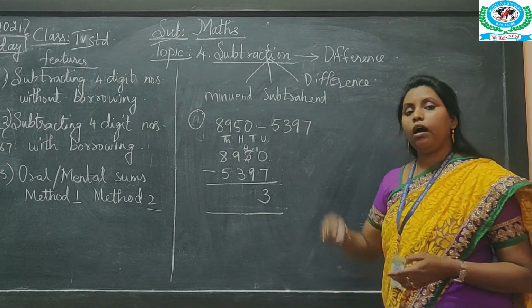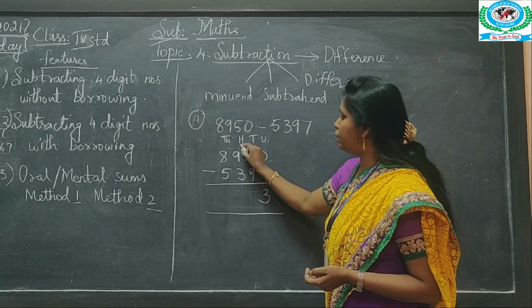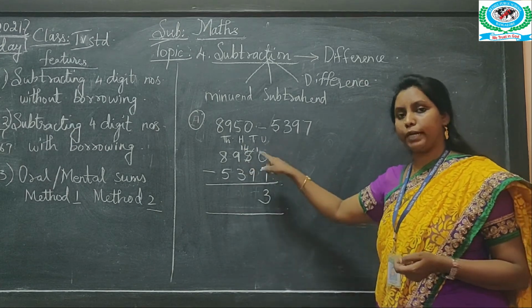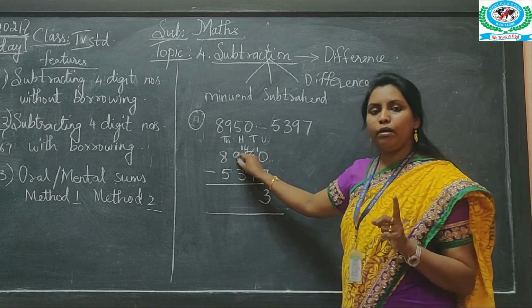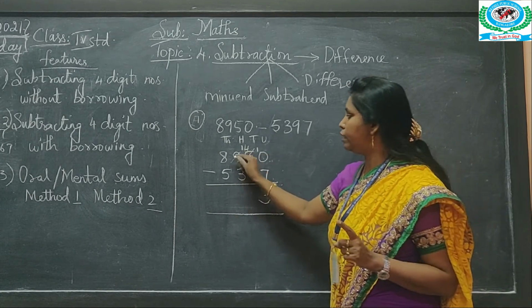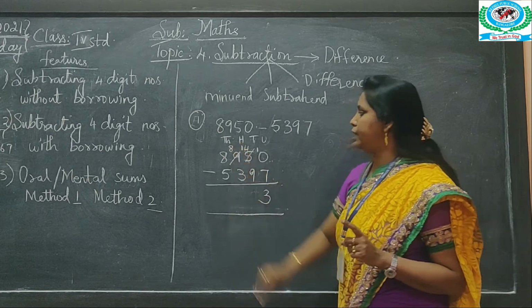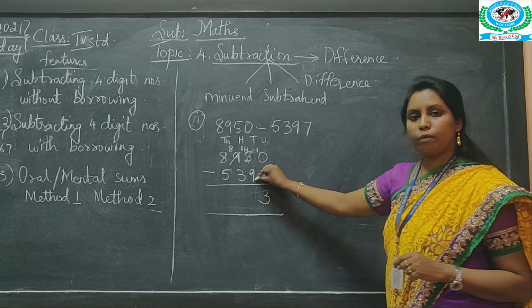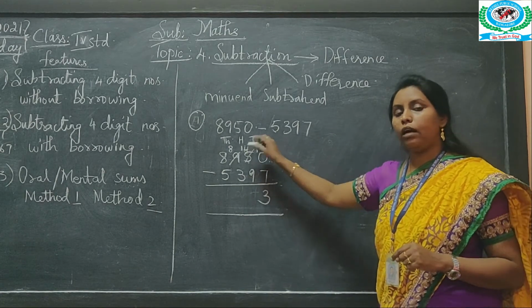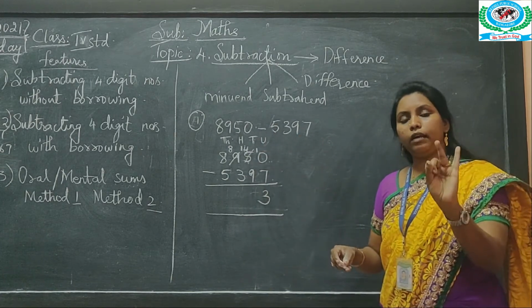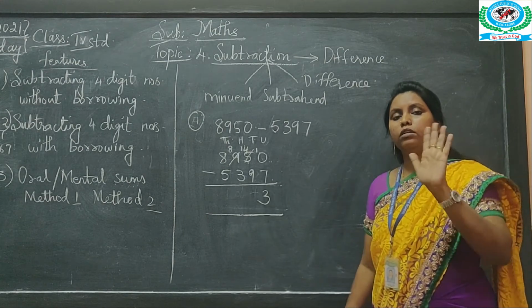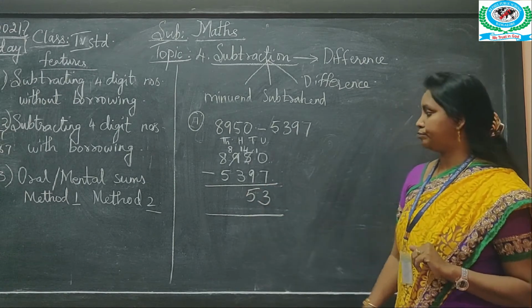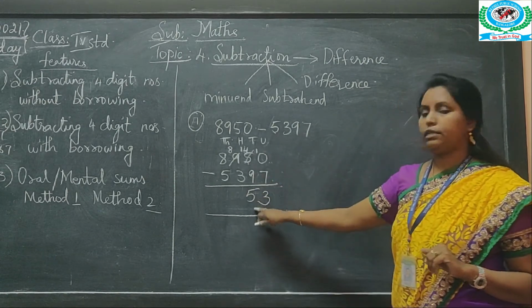Again what you have to do? Again you have to borrow from the next number. So when you borrow, this will become 14. 1 and 4 will become 14. And here one number will reduce, so 9 has become 8 there. Okay. So now easily you can subtract 9 from 14. After 9, we count 10, 11, 12, 13, 14. So how many numbers are here? It is 5. So 14 minus 9 is 5.